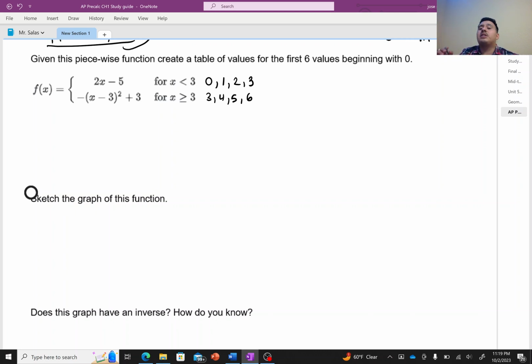They asked us for the first 6 values. So since we're starting with 0, we have to go all the way to 6. Sorry, we have to start with 0 and end off with 6, okay? So we're going to go ahead and create a table for each of our equations. So my first equation is going to be